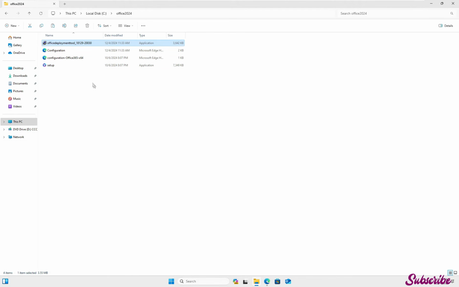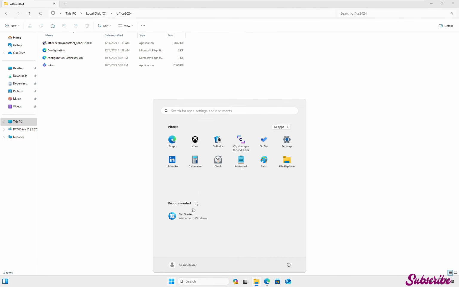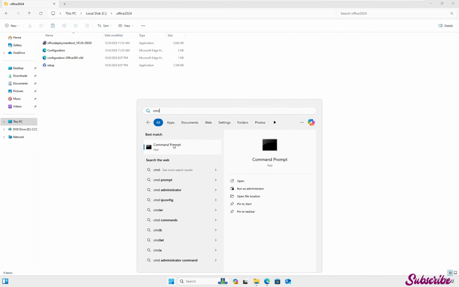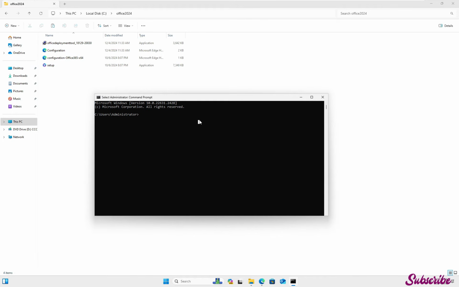Okay, once you have extracted the file, go to Start menu and type CMD and right click Run as Administrator, and here we need to enter a few commands. Type cd space c:/ Office 2024 and hit enter. Enter the next command setup.exe space /download space